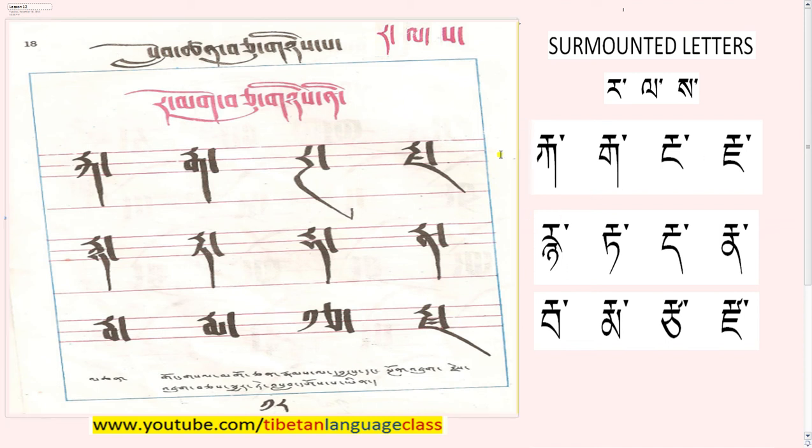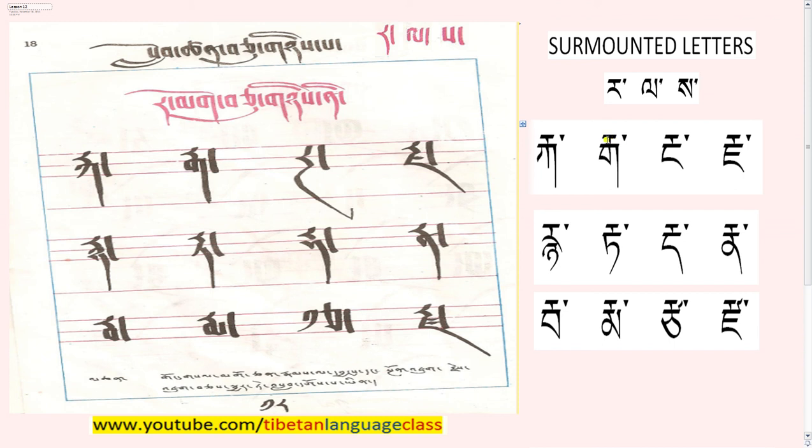You may have noticed: Ra Gapta Ka, this one, Ra Tapta Ta, the second one right here, and Ra Zapta Za. For these three, when you add the Rango, the pronunciation pretty much remains the same, but for the 9 other letters, when this surmounted letter is attached, the pronunciation or the sound changes.